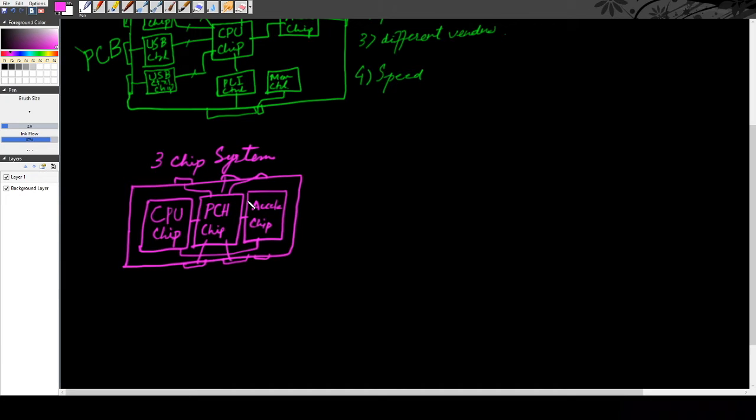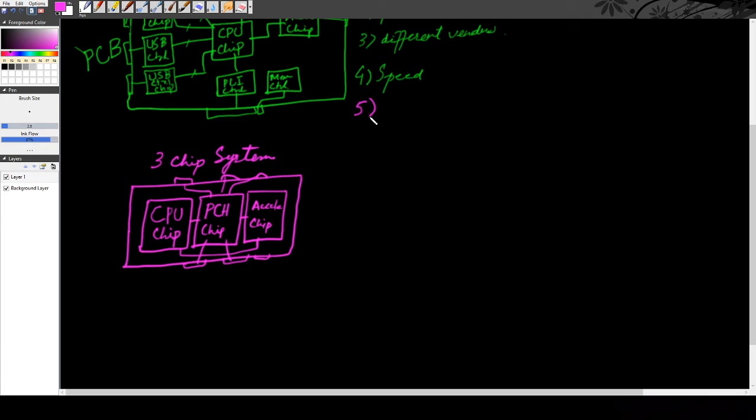But overall you can see you have much smaller area that will make your system have lower power, higher speed, and you don't have to deal with like 10 different vendors. You have to deal with 3 vendors, or maybe you create one of your own chip with the controller that you want. And one other advantage that you have is, which I forgot to mention previously,